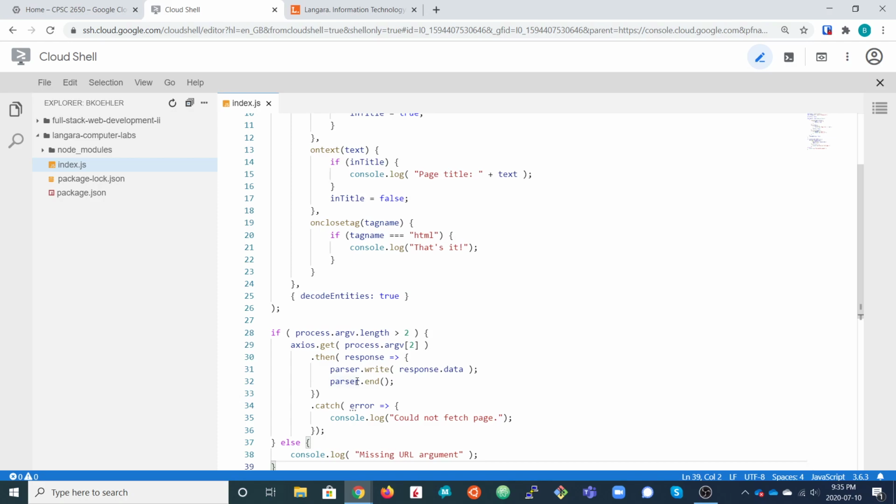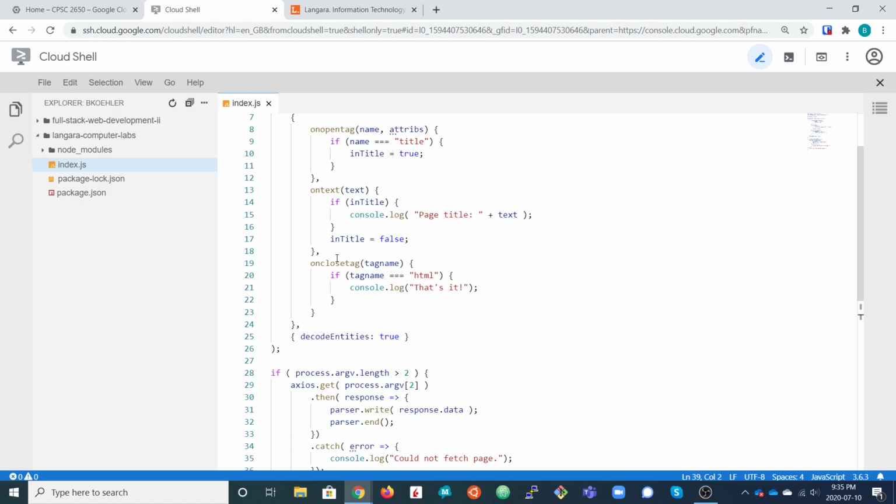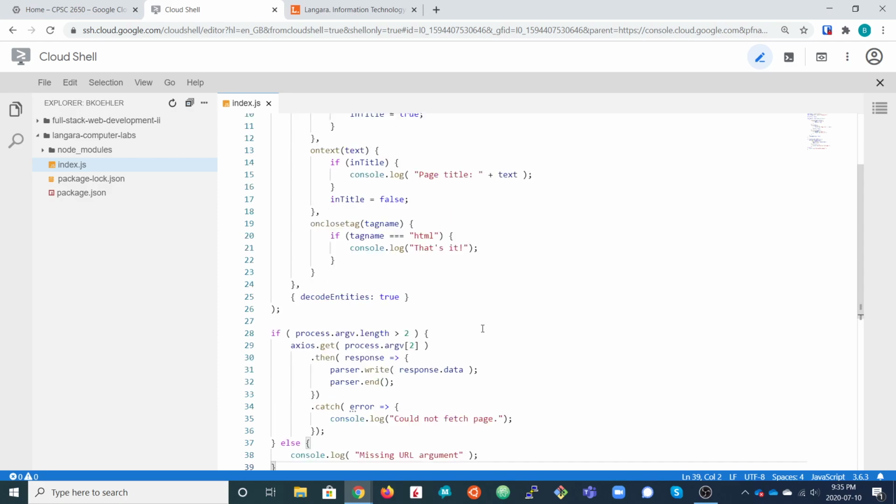As that data gets processed by the parser, it moves through the input text and triggers these event handlers each time one of those elements is encountered: either an opening tag, the text inside a tag, or a closing tag.